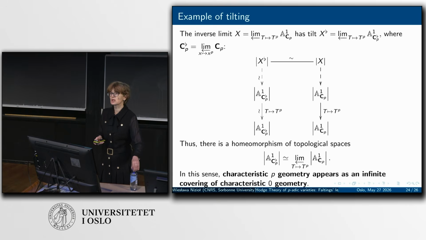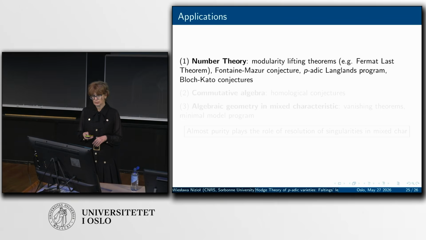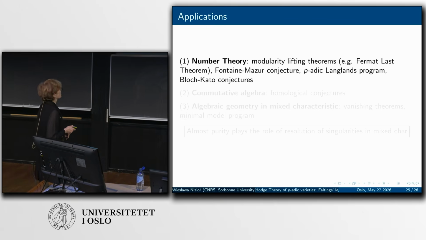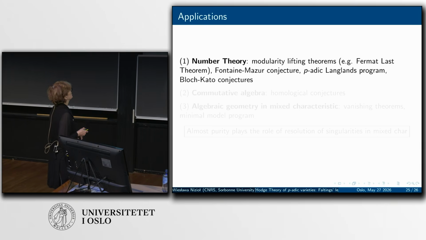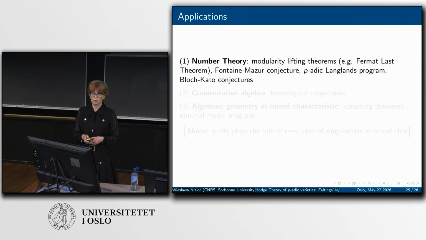For example, you can prove aspects of the monodromy weight conjecture by passing to characteristic p. Okay, let me just mention applications of Faltings' approach to p-adic Hodge theory and p-adic Hodge theory in general. So from very early on, we had applications in number theory. So, of course, Fermat's theorem, but then more generally modularity lifting theorems. Then Fontaine-Mazur's conjecture, which tells you that if a global representation looks like it's coming from geometry, then it is coming from geometry. Then the p-adic Langlands program and Bloch-Kato conjectures, which tell you that